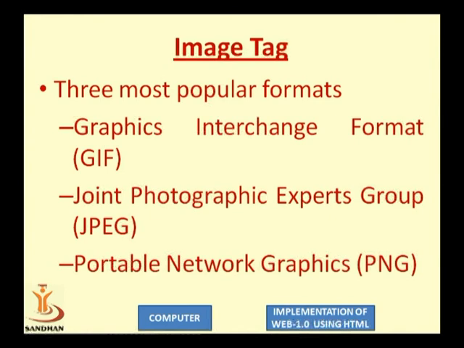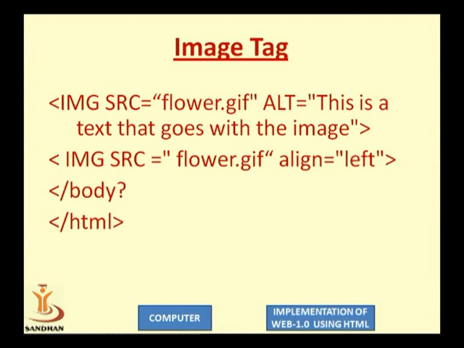So what are the popular formats? The question that I want to ask is: you are calling one image by providing the attribute src, and say you have given the image name like flower.gif. So what is the location of the file, that is, where has this file flower.gif been stored? If we are developing static pages, then the location is in the same folder where we are writing the code, or the location may differ. Then you should write the entire path of the location.